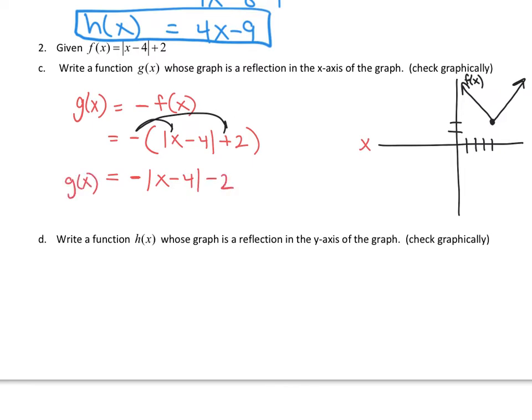And so when we graph this, we should see that V up there is reflected over our x-axis. And think about this. This transformation is going right 4, down 2 instead of up 2. So there's your vertex. And then instead of opening up, it's going to open down. So you can see with this graph that yes, it is a true reflection over our x-axis. All right, and then for D is h of x. It's a reflection in the y-axis of the graph, which